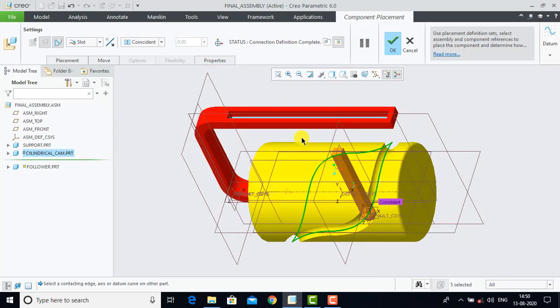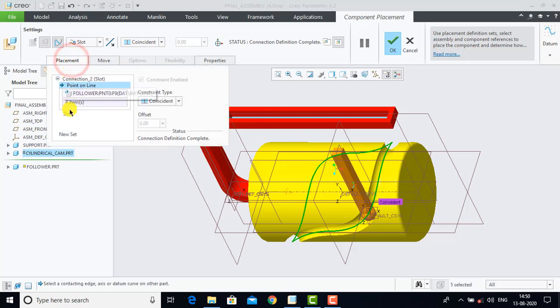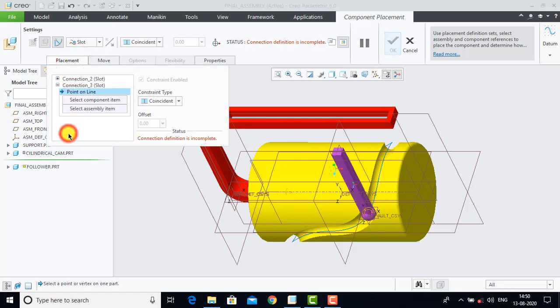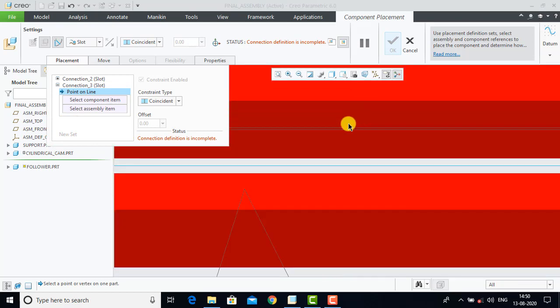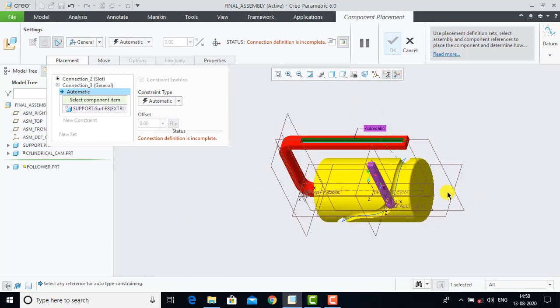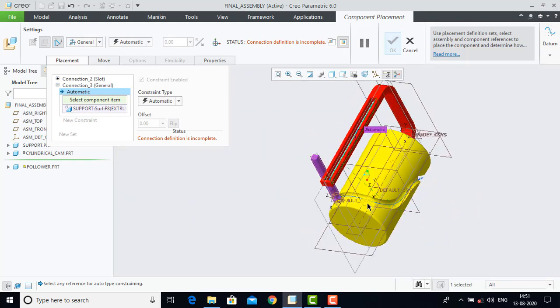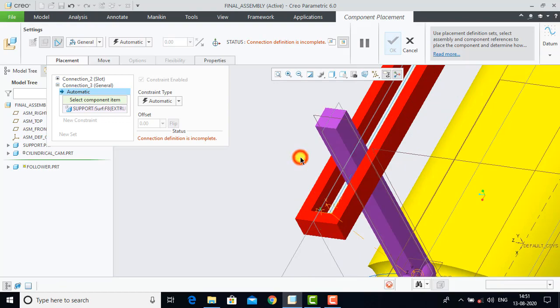Now for the second constraint, we'll go for the placement. Now we'll select here new set. For that we'll select here this face, this one face, and for that we have to select here the general. Then select here that face and we have to select here this face from the follower, that is over here.